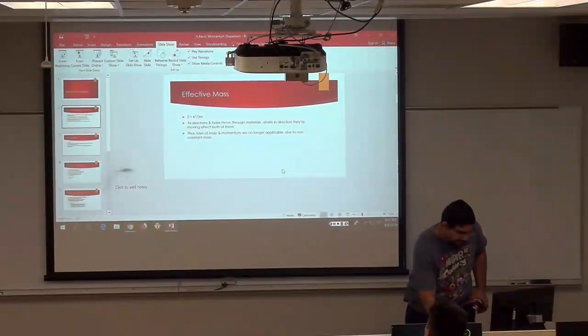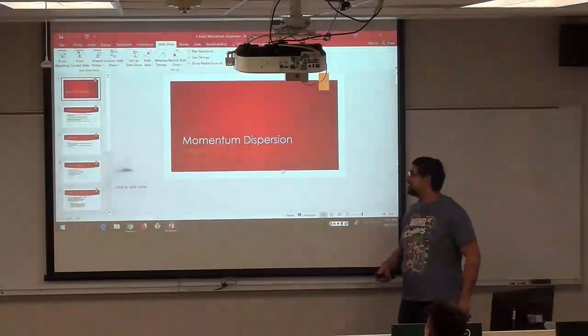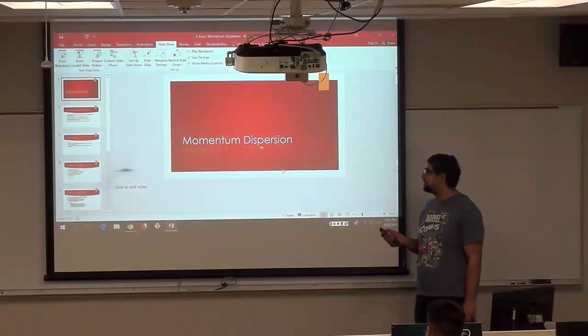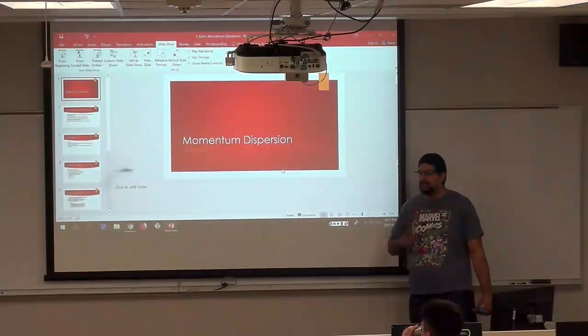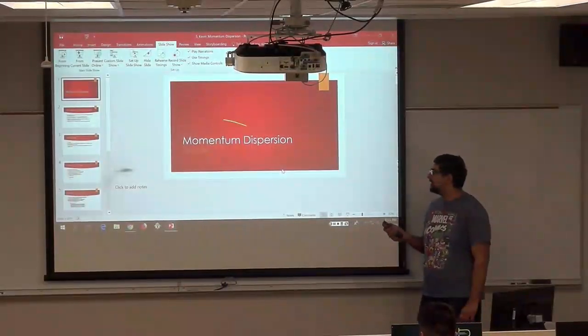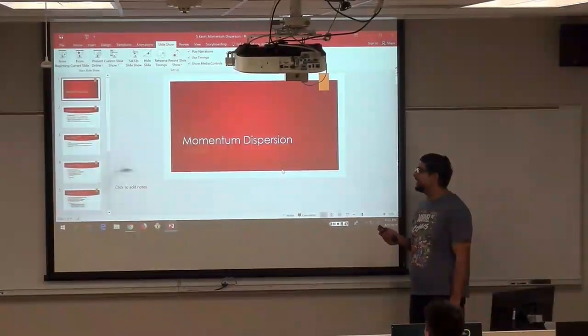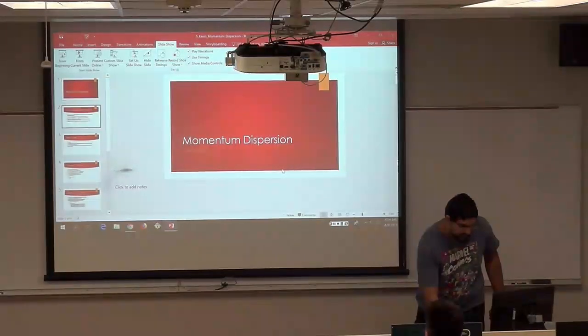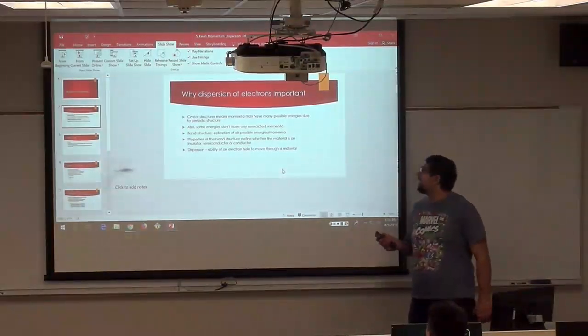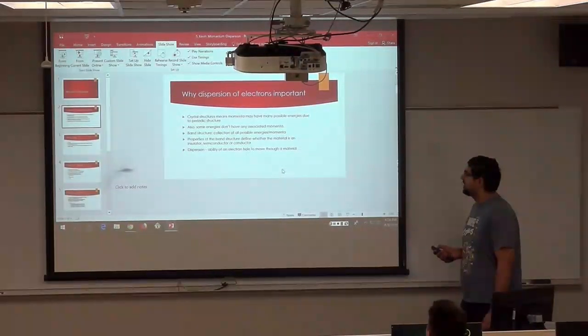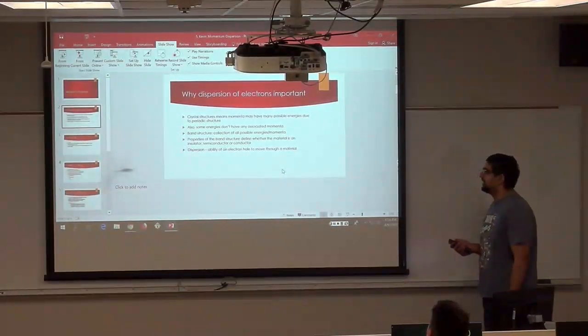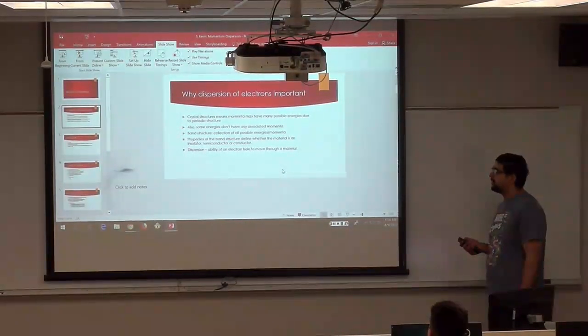Okay. As the professor said, I'm doing momentum dispersion. This is a new topic that we haven't covered in class, so I'm going to go over it in about 5 minutes. First, a really basic introduction to what dispersion of electrons is. Dispersion is basically the ability of an electron or hole to move through a material.